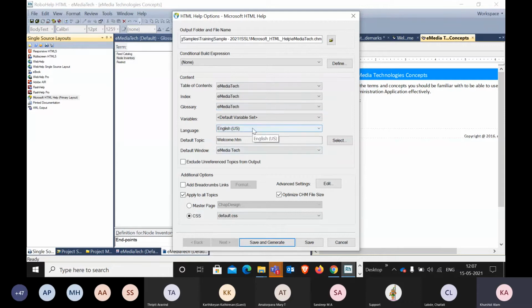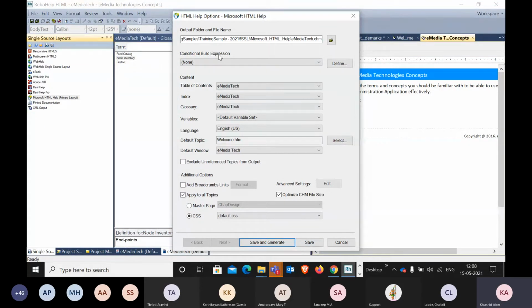Then select the language and then default topic. Default topic means whenever you have created the help and then you open the help file, this would be the default or opening landing page. That is window. Here in this section in project setup, I showed you window. So you need to create that window design because that is the design related to that. And then you can select keep, save and generate. If you want to create just now after saving, then obviously you need to select this. Otherwise, you can click save.